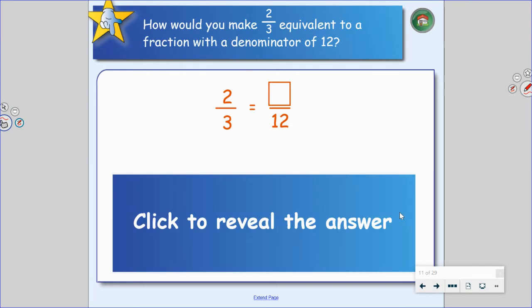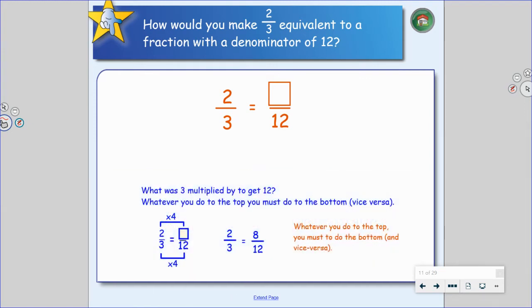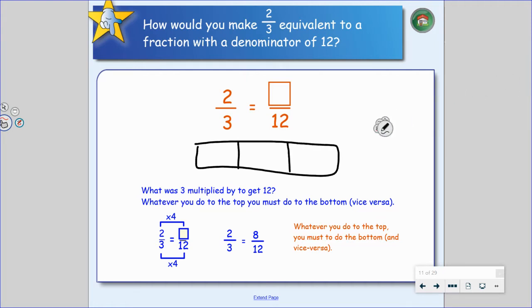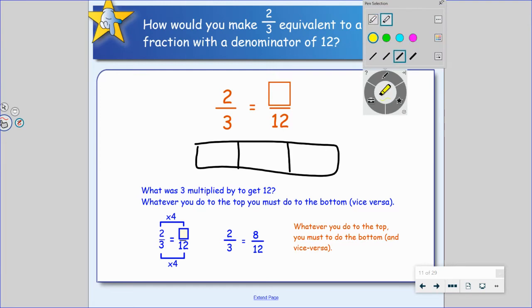So in this case, then, how do you figure out 2/3 is the same as how many 12ths? Some of you know this. You might want to skip through this, fast forward. If you say to yourself, okay, 3 times how many parts gets cut up into 12? Well, that would be 4 parts. Let me put a quick, rather ugly picture here. If I were to highlight 2/3 of this,